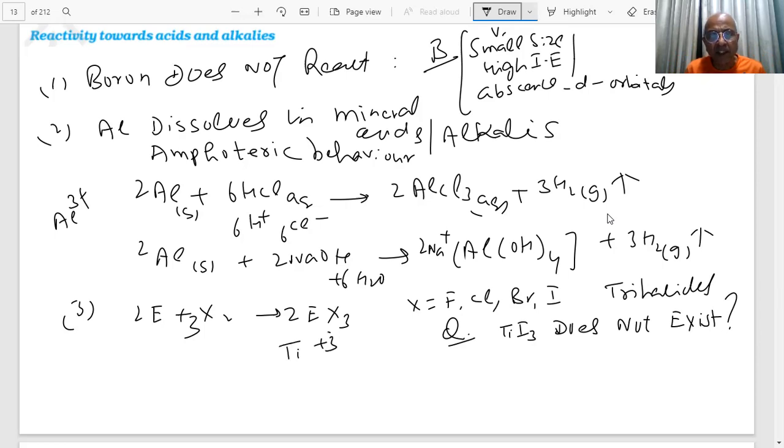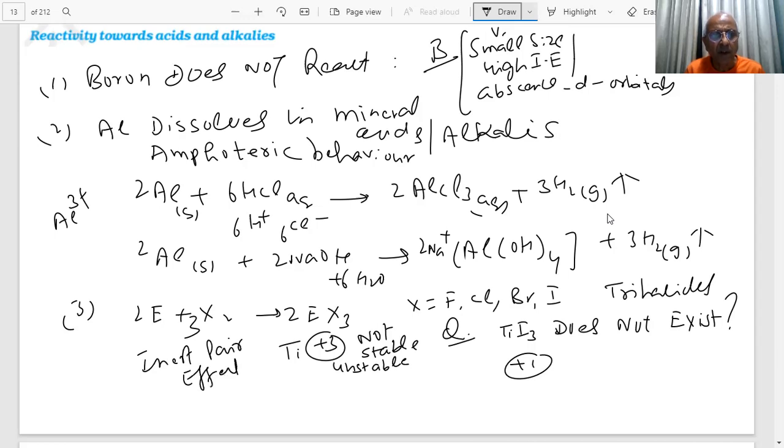Thallium plus 3 oxidation state is not stable, and plus 1 oxidation state is more stable. Moreover, TlI3 may be formed with fluoride, because it will need a high oxidizing agent. But I is not a strong oxidizing agent. It cannot oxidize, student. So for thallium, the plus 3 oxidation state is unstable. We have already discussed the inert pair effect, students. Is it clear? Yes, sir.